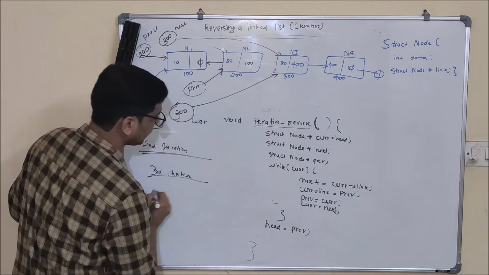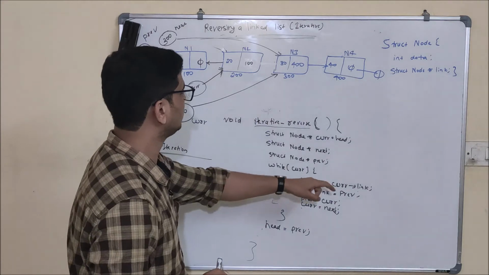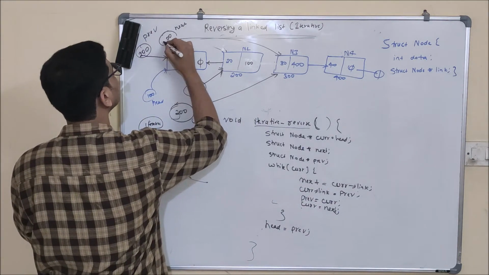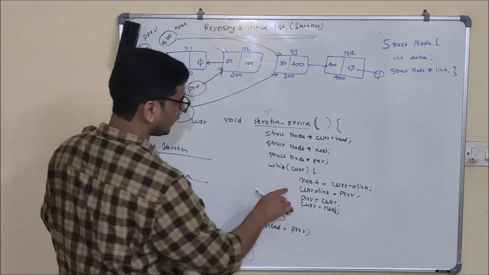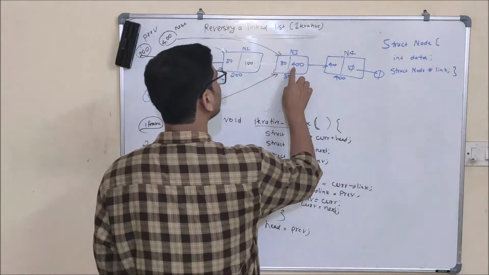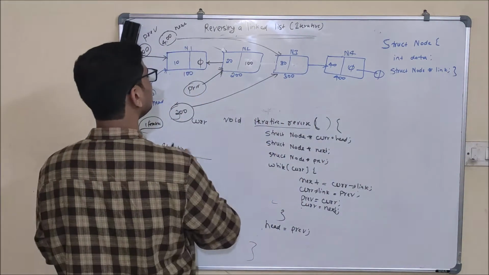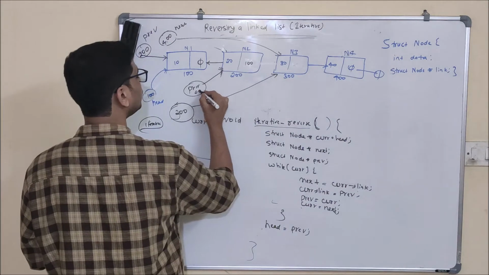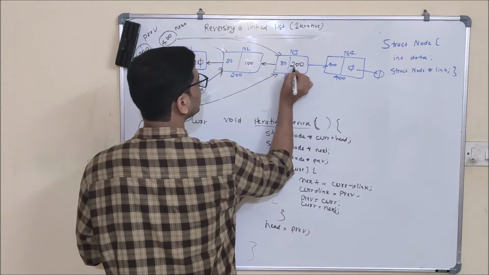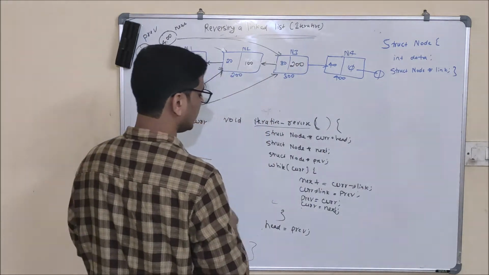In third iteration what will happen is, again this while check will be true. Next will be updated to current dot link, that is next will be equal to 400. After that current dot link will be updated to previous. What is current dot link right now? 400 and it will be updated to previous. Previous is pointing to second node 200. So it will be updated to 200 and node 3 will start to point to node 2 and after that